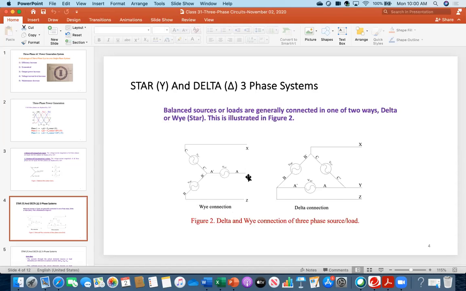As I said, X and Y and Z, these points are called the line, and these are called the phase. Now everybody come back to this and think about the current relationship. Now everybody answer me. For example, you connected an ammeter here in this line, and that ammeter gave you 10 ampere reading. Everybody listen, my question: you got 10 ampere, and the next time you connected the ammeter at point X. Will it be 10 ampere or different?